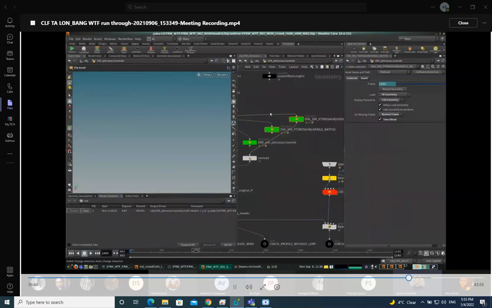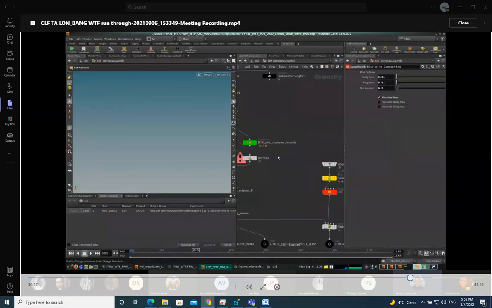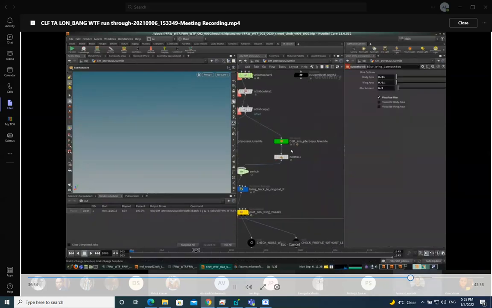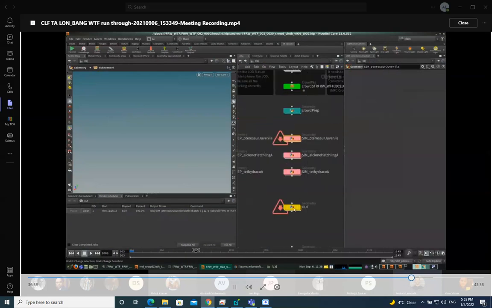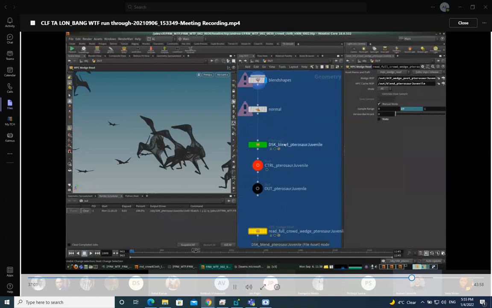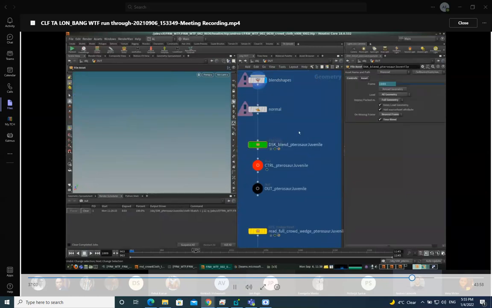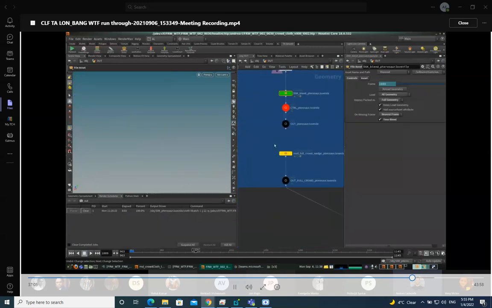Because we're doing it in the sim, you also need to do the same cache in the blend. So I'll go to that. Just plug this one back here. As well as we did the batch 1 here, you need to do the batch 1 here. So this needs to also be called batch 1, batch 2, batch 3. And then we need to have 3 of these nodes for each batch,